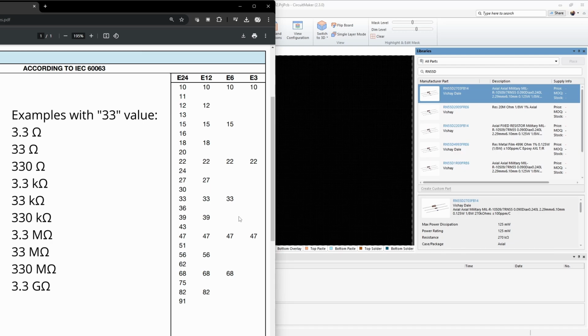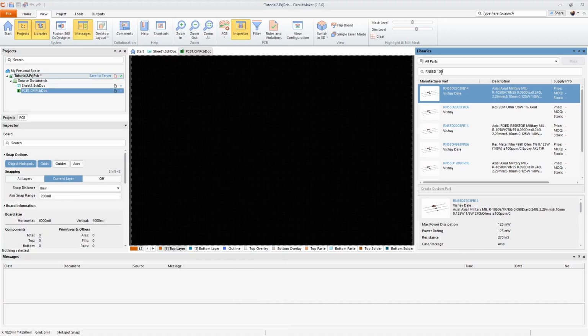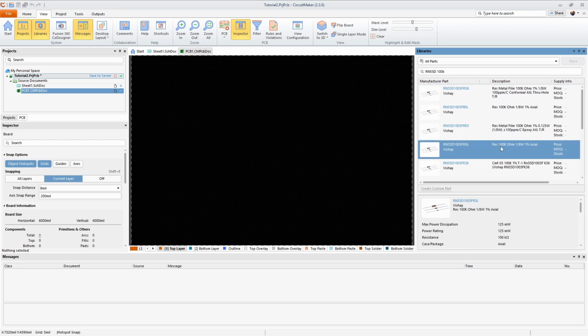Basically, any number you see on this chart is a relatively standard value that you can probably find in the library for CircuitMaker. Once you've selected your component value, come over here and type in that value in addition to RN55D, then press Enter to search. And now you can see once I've selected 100K, I have far fewer components available. It doesn't really matter which of these you choose because they're all going to be basically the same thing. But I'm going to go ahead and pick the Res 100K ohm 8th watt 1% axial. And that is the part number